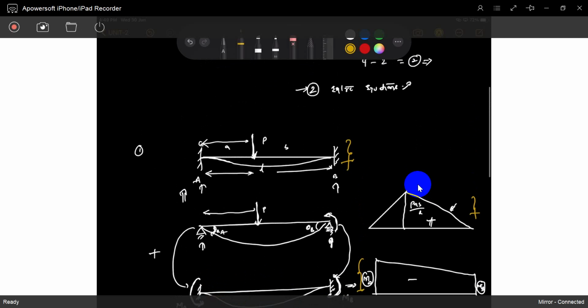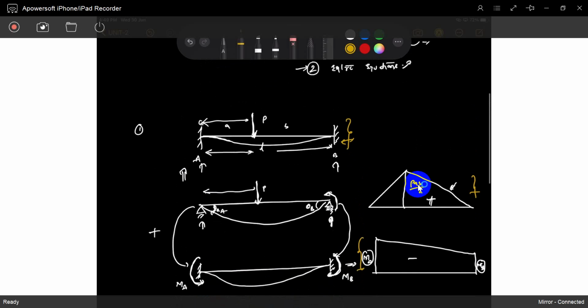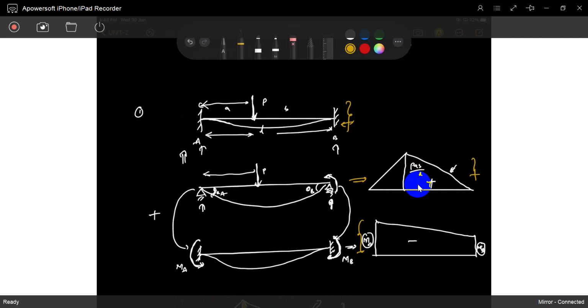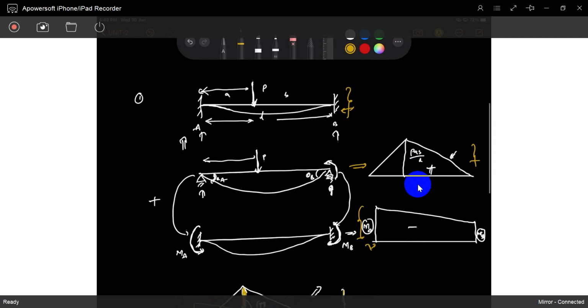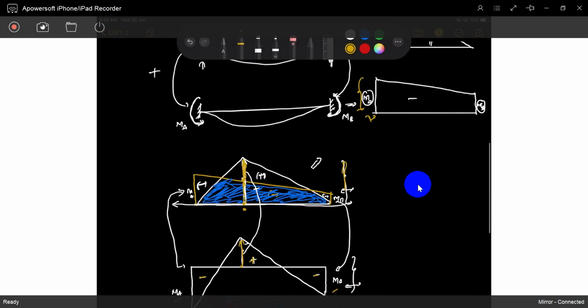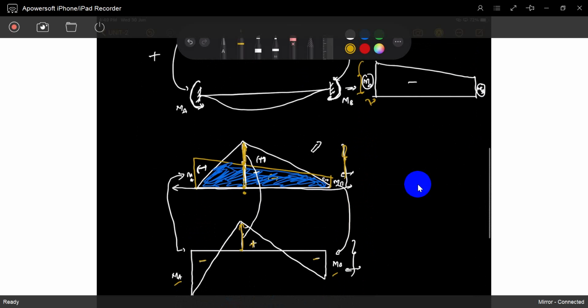Just see, if it is a fixed beam: if there is no fixity, the bending moment is generated like this. If you add fixity, the fixed moments are added at both sides. So we combine both of these. Otherwise, if you find out each location exactly like this, both are equal. Okay, sir, what is this nonsense? We want to find out what MA and MB are. That's it. So now we will see how to find MA and MB. So from today onwards the bending moment diagram is represented like this. Okay, are you understood?